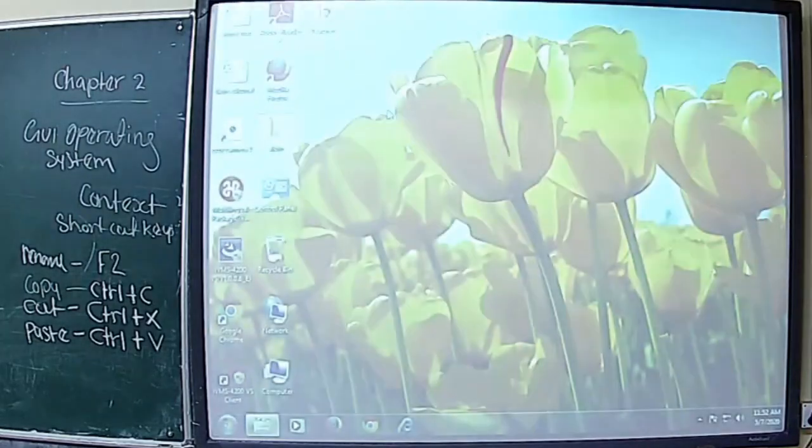Clear? So, we are going to rename by pressing F2 and I am selecting the folder, selected, then the F2 key, edited to Shagun.